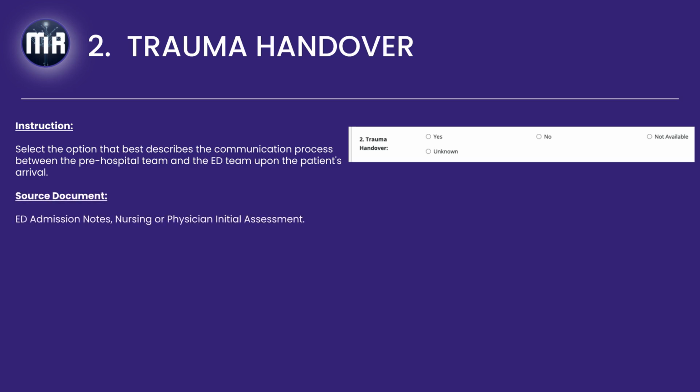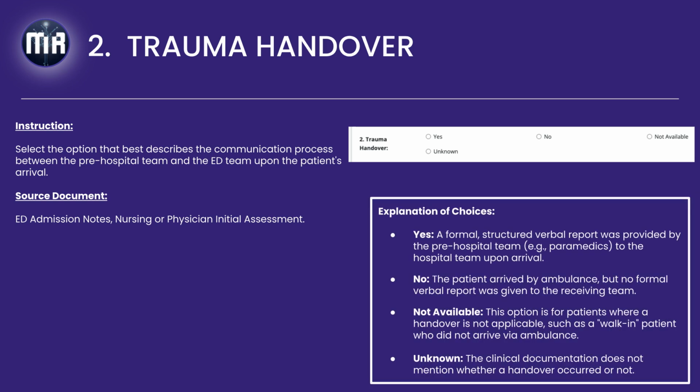The source document for this information will typically be the ED admission notes, or the initial assessment written by the receiving nurse or physician, where they often document, quote, report received from ambulance crew. Let us clarify the meaning of each option. You will select yes if a formal, structured verbal report was provided by the pre-hospital team to the hospital team